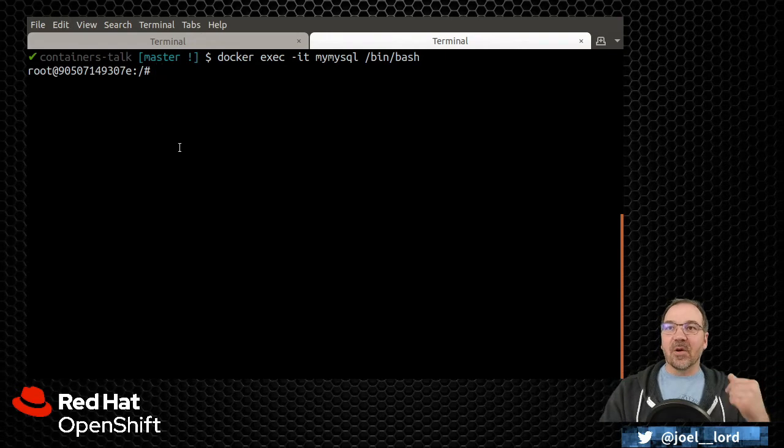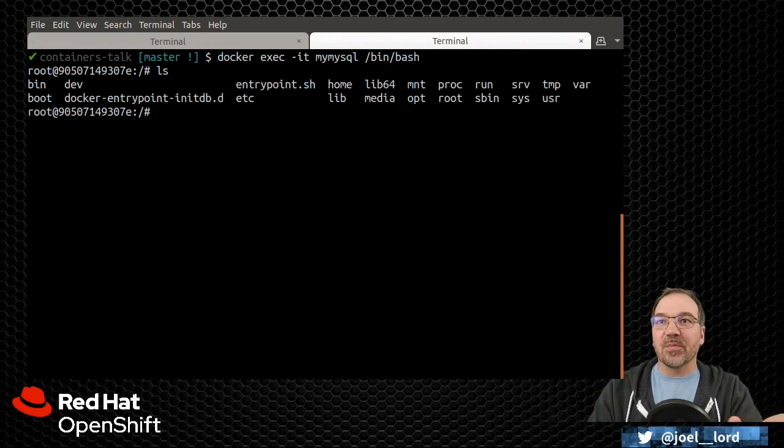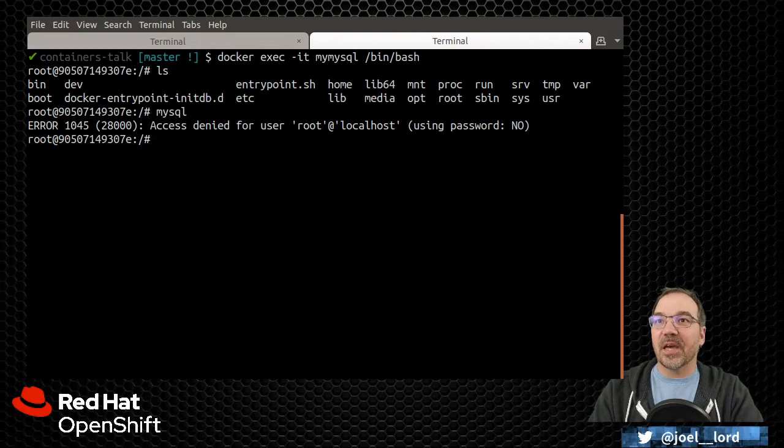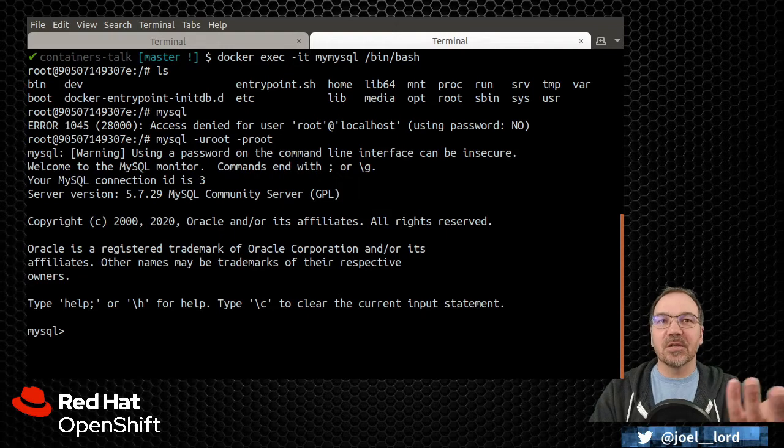And now I'm logged in to my container. So from here, you can see that this is completely different. I am now in the MySQL container image. And I can do things like try to access MySQL. So I can use mysql -u user, or let's use root and password root. There you go. So I'm logged into my database now, and I can list the different databases that I have